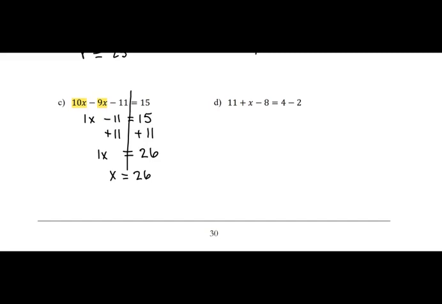Okay. In order for me to check, I would go back and do 10 times 26 minus 9 times 26 minus 11 equals 15. Sometimes it's longer to check the solution than it is to solve the equation. And then if that equation turns out to be true, which is going to be true, 15 equals 15,